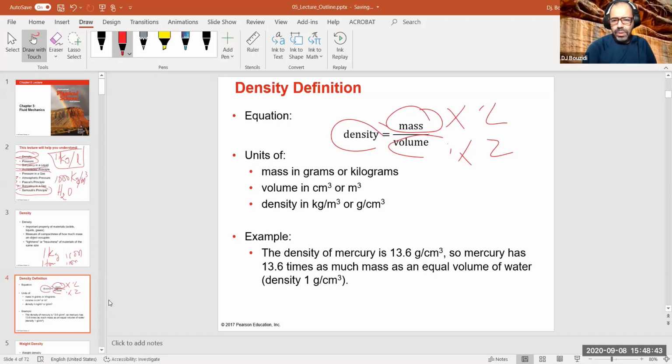Another number that's probably worth remembering is the density of water, also in terms of grams: 1 gram per cubic centimeter. That's also another unit for the density. Water is usually used as a reference, so we can look at these materials and compare them to water. So this is, for example, mercury. Mercury at room temperature is sometimes a liquid, but it's actually a metal. These are some of the properties of some of the materials.